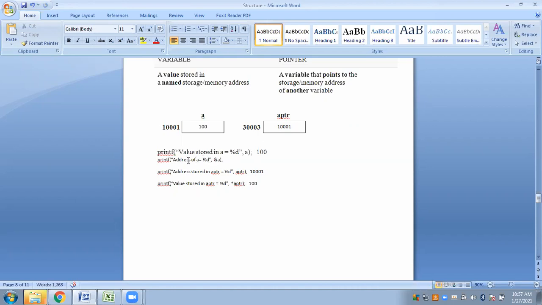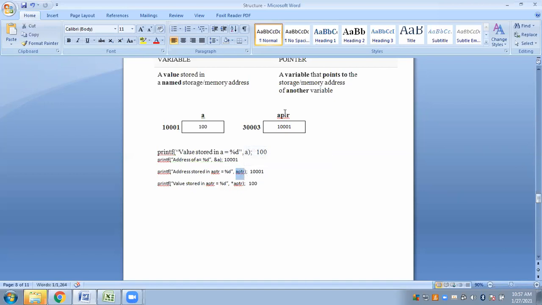The address of a is given by ampersand. Usually addresses are unsigned, so you can also write %u. But anyway, address of a, so &a. Just look at this difference. Here I have written a and here I have written &a. If you write a, it will simply display the value. If you write &a, it will display the address of that particular variable. So what is the address? 10001.